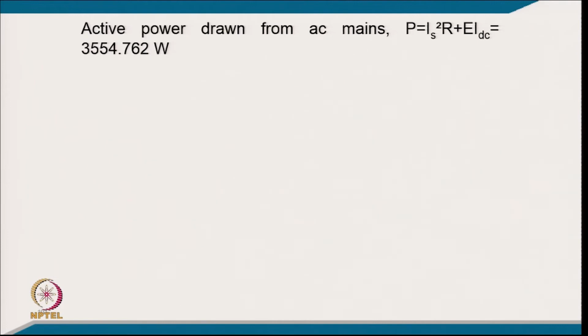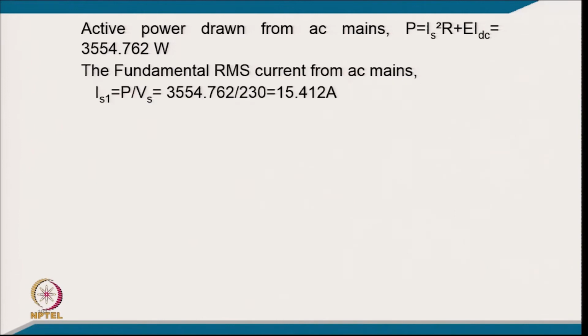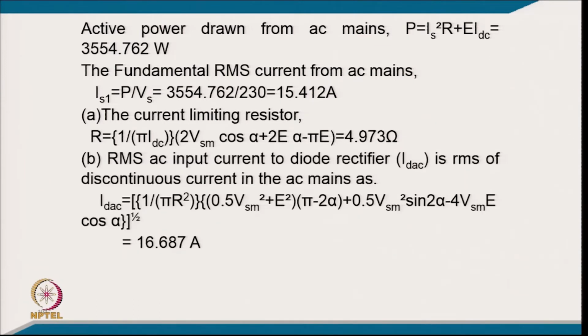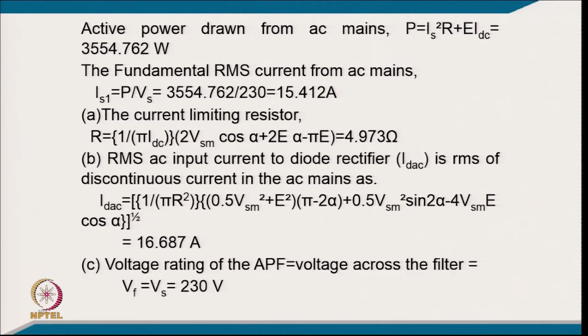plus the battery power EIDC, that comes to 3554.763 watt, and the fundamental RMS current from the AC mains will be IS1 equal to P upon Vs. This again is 3554.763 by the voltage 230, so it comes to 15.412, and the RMS current in the limiting resistor we already calculated as 4.9, and from this relation, the RMS current in the diode rectifier we also calculated, so it comes to 16.687, and the voltage rating of the shunt active filter is the same as 230 volt, connected in shunt with the load,